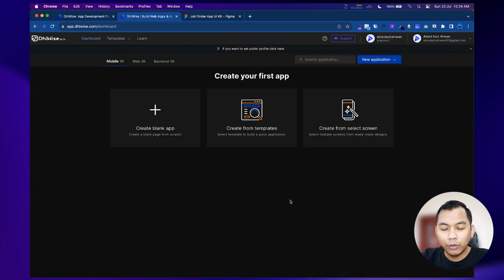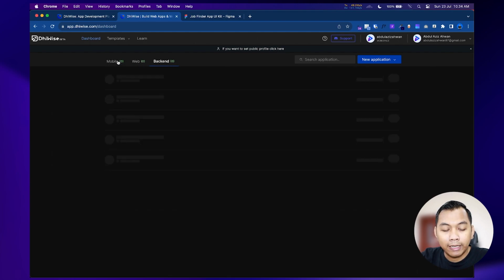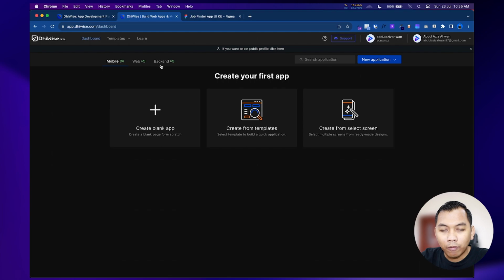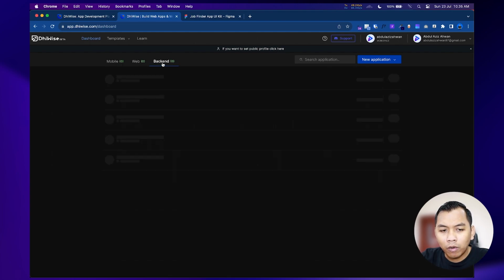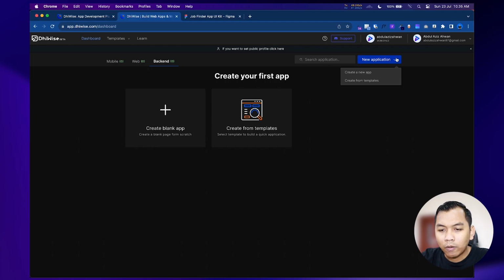Once you have signed up and logged in to Device, it will bring us to the Device dashboard here. As we can see, there's no app on my dashboard. We can see mobile, web, and backend. Mobile is for Flutter, web is for React, and backend is for Node.js right now.